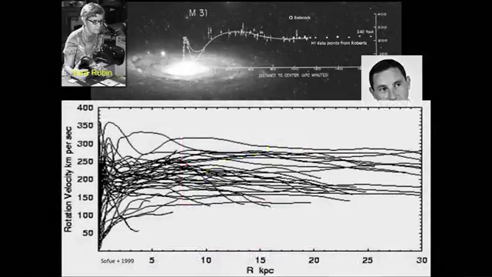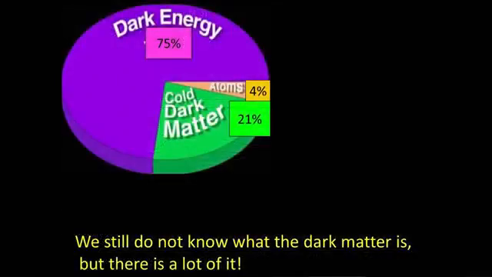It's true for everything. And so this is a recent compilation of data showing you for many, many galaxies, as you go farther away from where the light is, things just hang on in there. Dark matter everywhere. So here we are. This is the universe as it stands today, full of dark energy, which I'm not going to say much more about, but an awful lot of dark matter, and the stuff that we're made of is a mere 4%. And what we can say is that we don't know what the dark matter is yet, but there's certainly a lot of it.